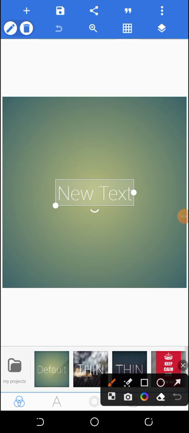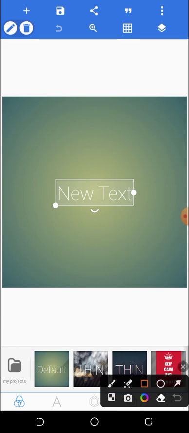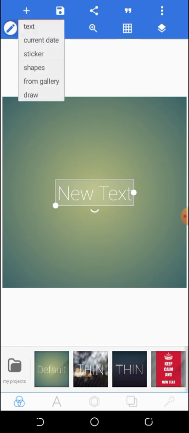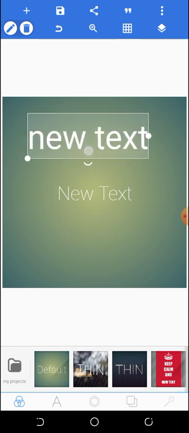Now I'll start with the first thing here, which is all these boxes here. So first and foremost, this plus has a lot of things to do. This plus here, you can add new text. Let's click it. You see this is a new text. You can drag it here, you can increase it, and when you want to edit it, you just tap on this